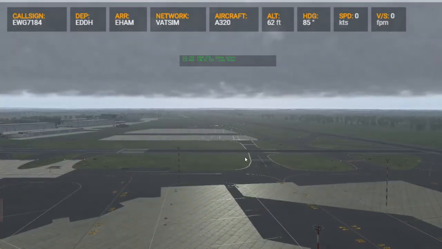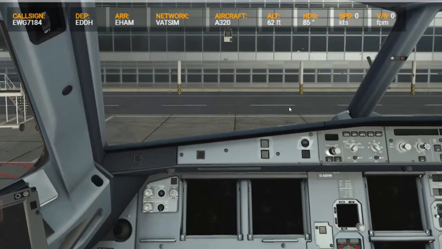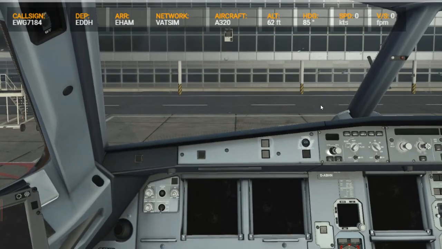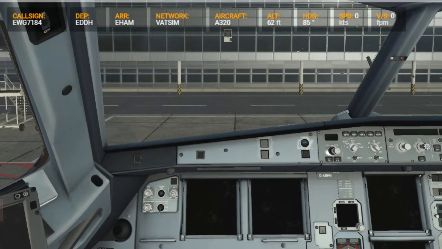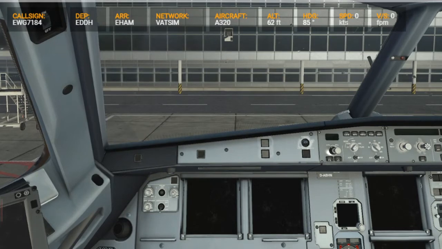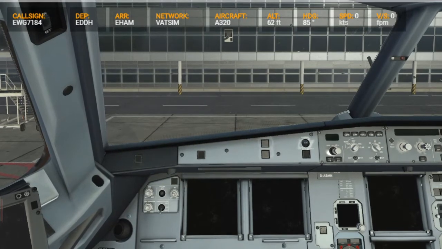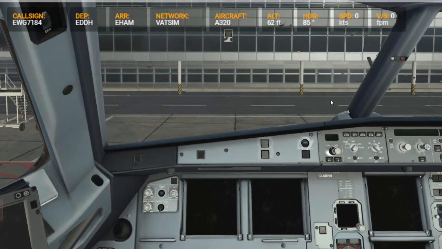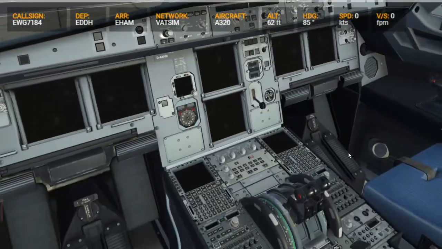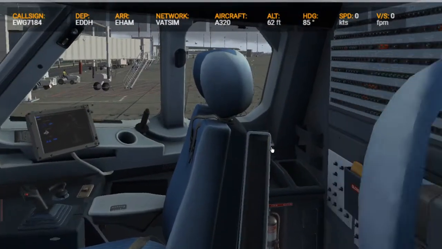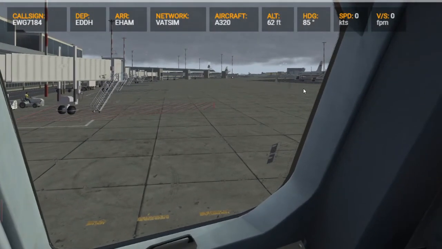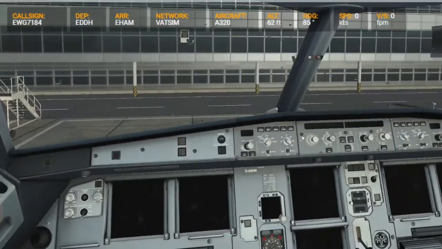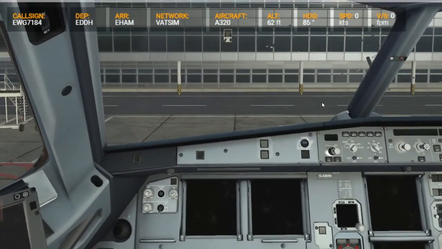Otherwise we do not have any ATC yet, and that brings me to the point where we're flying today. Today we're going to go to Amsterdam in the Netherlands. Let me just check for their ATC. No, we don't have any ATC there either. I would say we do not have that much time until departure, and you can see it's a rainy day here in Hamburg. So I would say we're just gonna prepare the aircraft and then fly to Amsterdam, and we're gonna talk